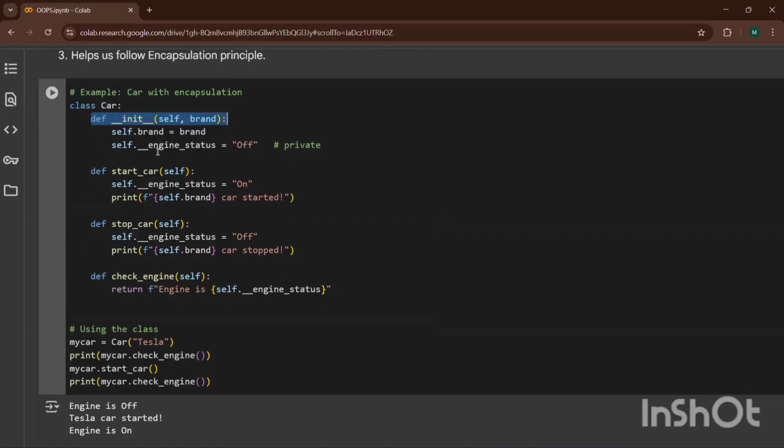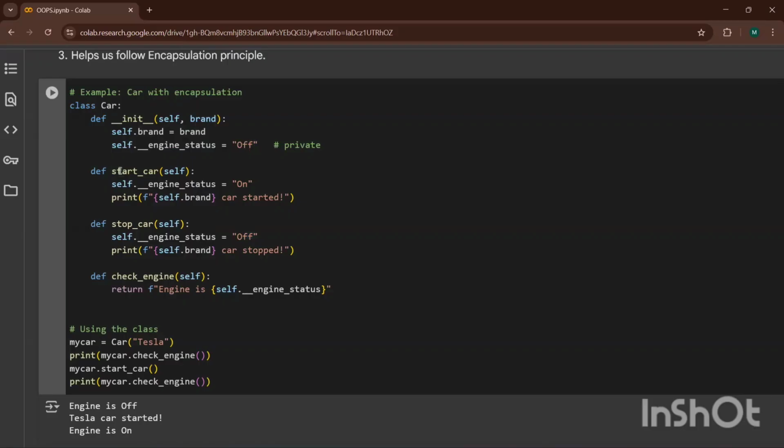I'm taking one more thing, but I am not going to take it from the user at all. I'm already telling it that the engine status is going to be private, but it is off.